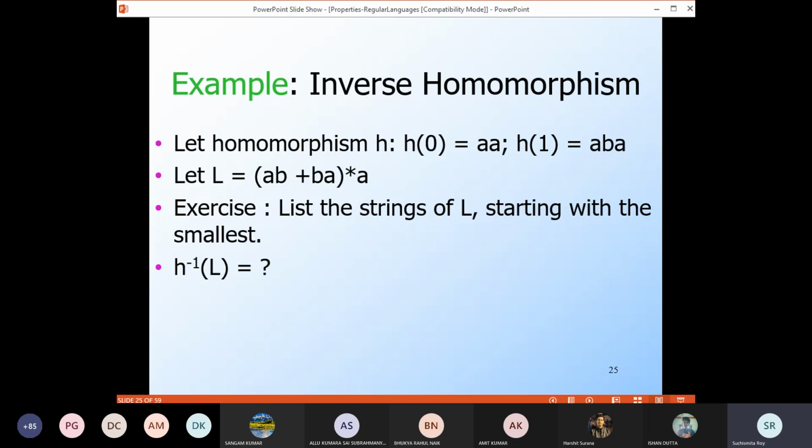Now let's look at ABA from A. You can see that when we see ABA, we go to state C, back to A, and then back again to C, which is the final state in the finite automata. So ABA is the homomorphic image of 1. That means in the inverse homomorphic image, on seeing 1, you should go to C. Why? Because from A, on seeing the string ABA, we are going to state C. So here on seeing 1, we must go to state C. And this exercise,